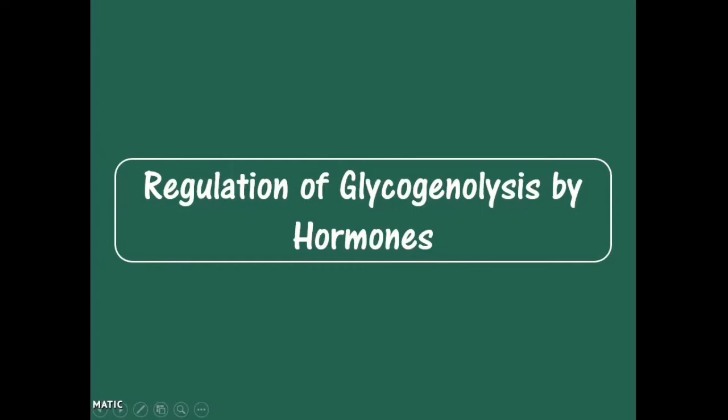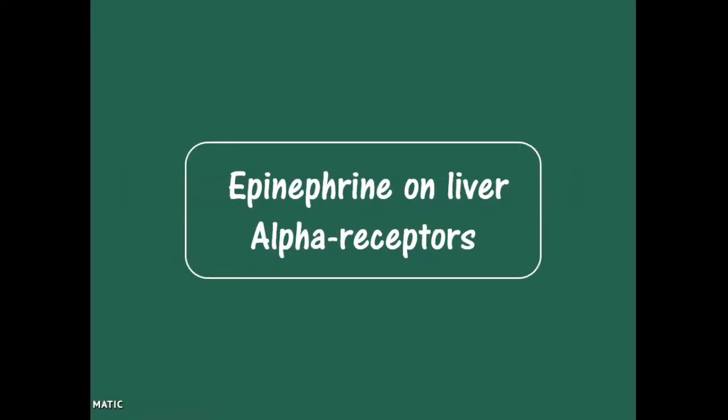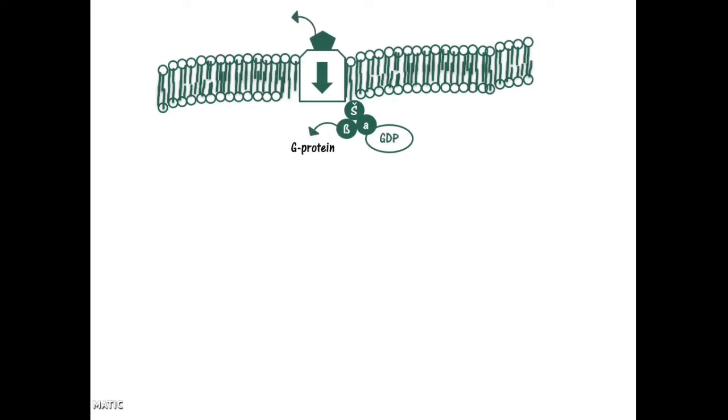After explaining how glucagon activates glycogenolysis, now we will talk about the process of activating glycogenolysis through epinephrine. Epinephrine has adrenergic receptors on the surface of hepatocytes, alpha-adrenergic receptors and beta-adrenergic receptors. Once epinephrine binds on beta-adrenergic receptors, it will act exactly like glucagon, so we're not going to re-explain the steps. However, when epinephrine binds on alpha-adrenergic receptors, it will activate glycogenolysis, but in a different way than that exerted